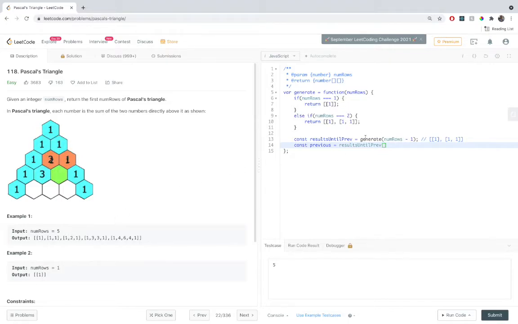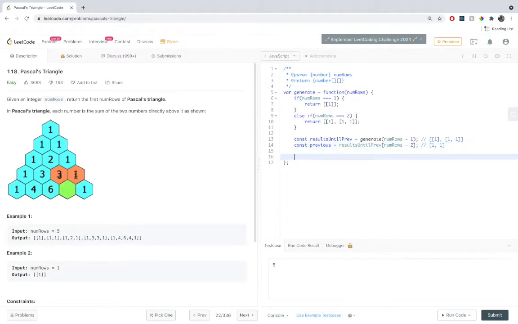Here we're generating for numRows minus 1, so the last element will go something like minus 1, and because it's 0-indexed, it will be another minus 1, something like this. Clear so far? So this will give us the array 1, 1.